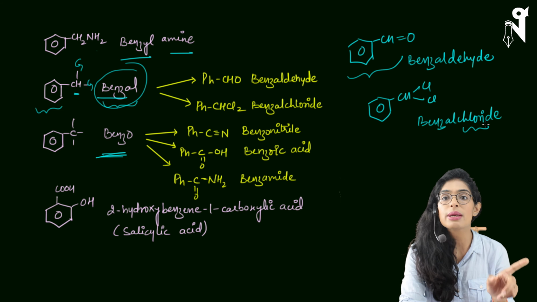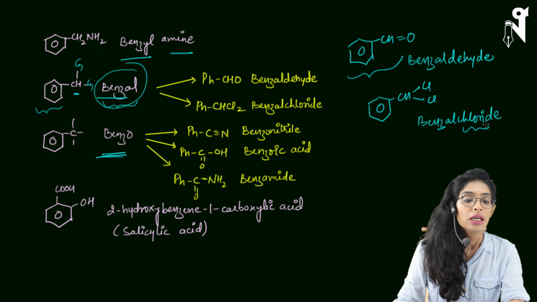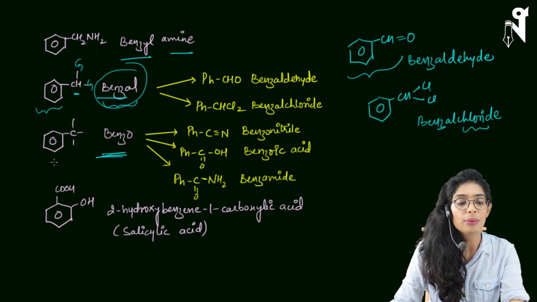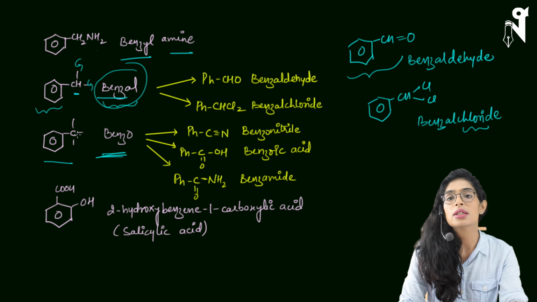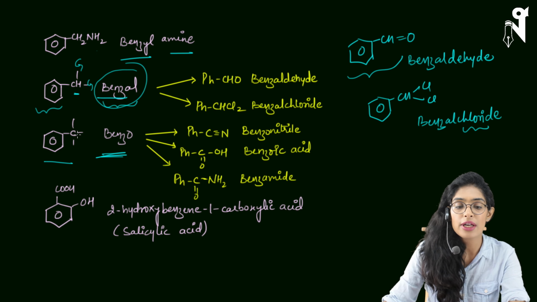Okay, so we have two names, one is IUPAC and one is common. These are the names of these compounds. Next, as I mentioned, carbon with three valencies attached to a certain element or three different groups is called benzo. So for example, if I take benzene, Ph is nothing else but benzene.